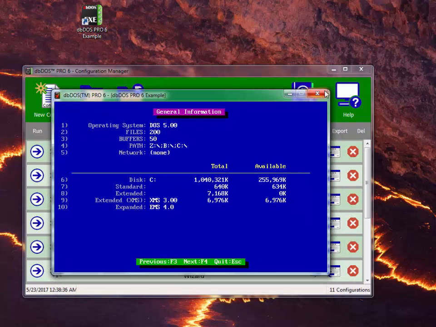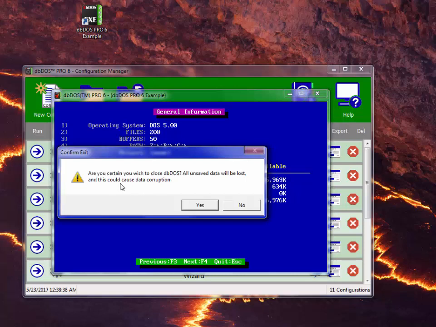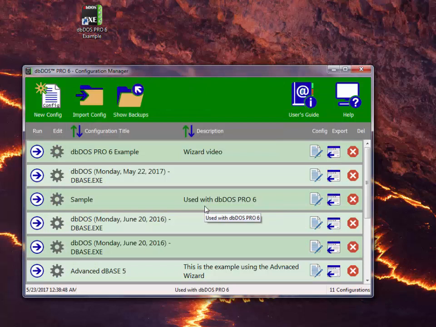And then if I click the little red arrow button, notice I get a message that comes up and says, are you sure you want to close this down? There may be some files open that you haven't closed. Are you sure you want to? And if you say yes, it'll go ahead and close it. If you say no, it just leaves it there. So that gives you a good overview of how to use the wizard inside of dbDOS Pro 6